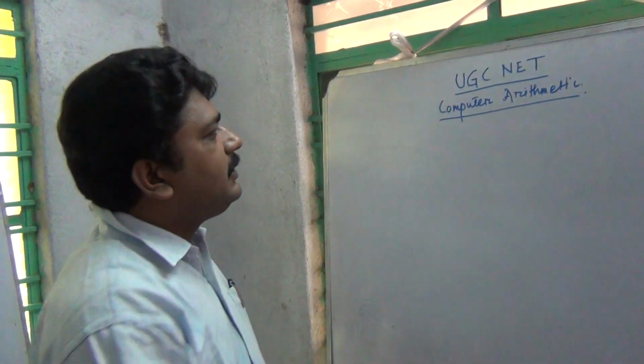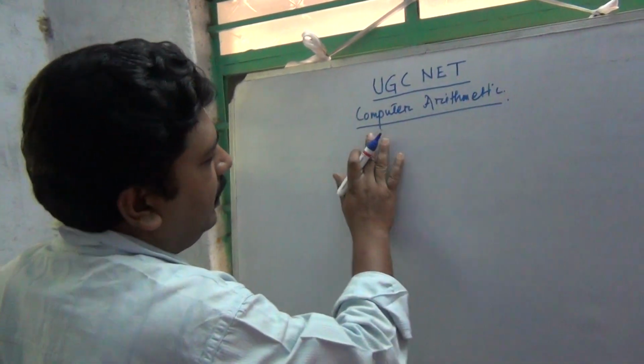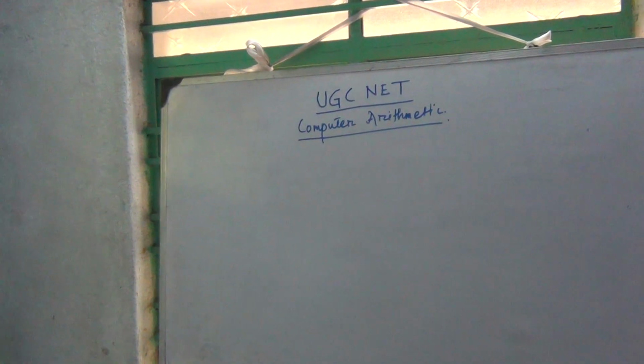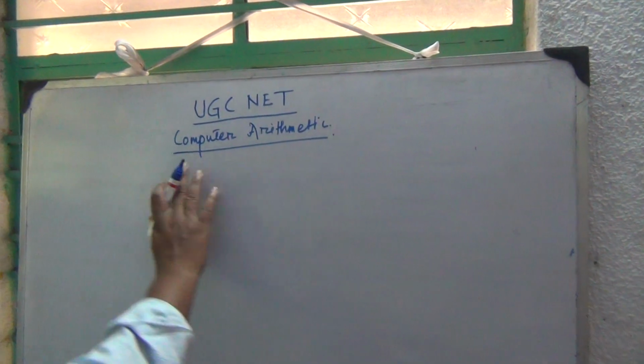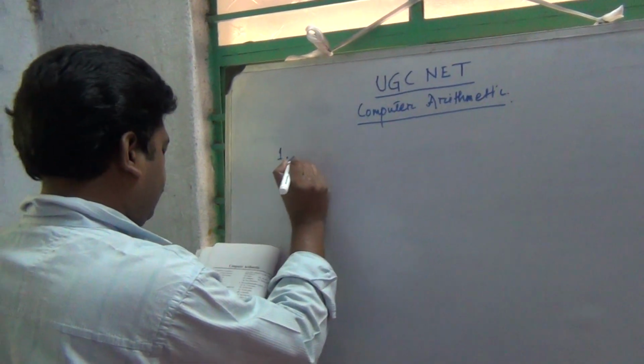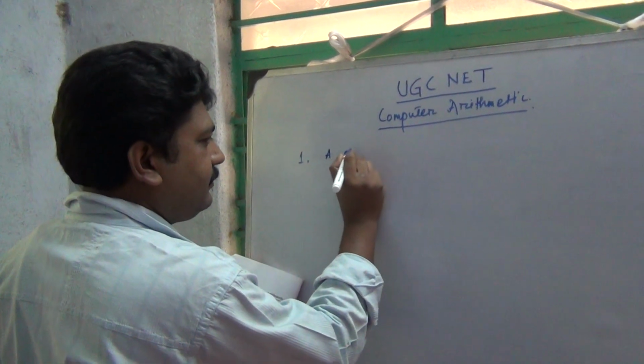Today we are going to discuss UGC NET and our discussion matter is computer arithmetic. What kinds of questions come in computer arithmetic? Question number 1, see here, a shift